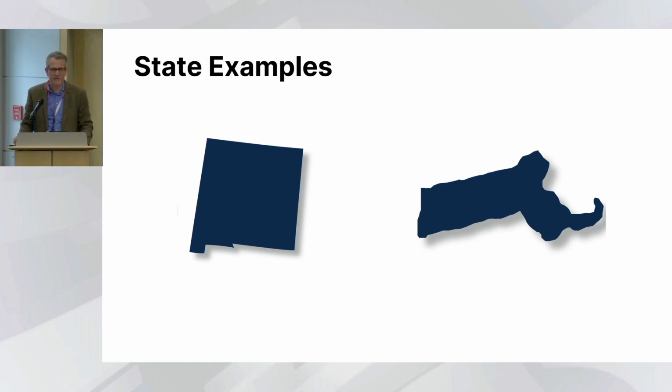Moving across the country to Massachusetts, there it's a little less care specific, but I think it's an instructive tax story too. In 2022, after a long time coming, voters approved a surtax on income over $1 million. It's called the Fair Share Amendment. I'm sure Sarah is very familiar with this from her work in Massachusetts for a long time. The surtax was a way of getting around the fact that that state's income tax is flat. We see a lot of flat income taxes in the states, and advocates have to figure out creative ways to raise more revenue from wealthy people if they can't make a graduated rate.